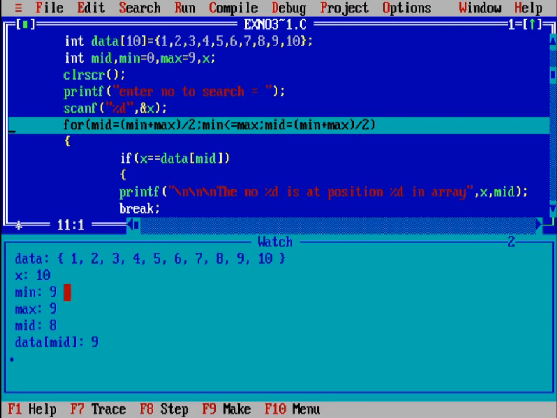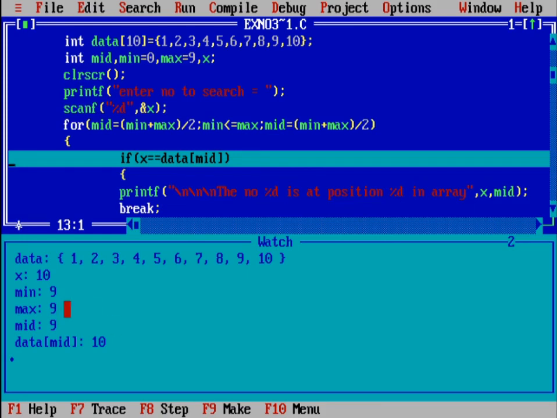Now we go to pass 4. In pass 4 we have min 9 and max 9. It is a true condition. See this. We continue the loop until min is less than or equal to max, which means that equal min and max numbers are also accepted. So min and max is 9, so it is accepted. We go inside the loop and we again calculate the mid. Mid will be 9 plus 9 by 2, which is nothing but 9.